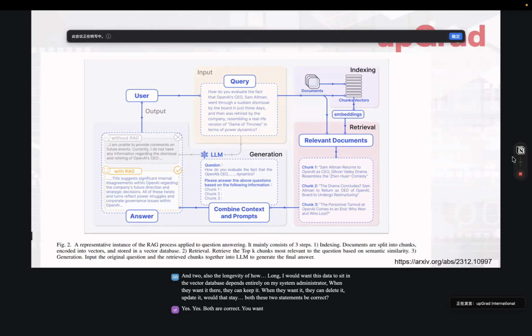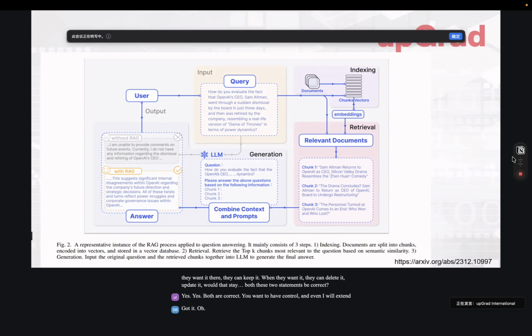You want to have control of it. And even I will extend your thought process. It is your responsibility to keep it updated as well. Suppose if you have two